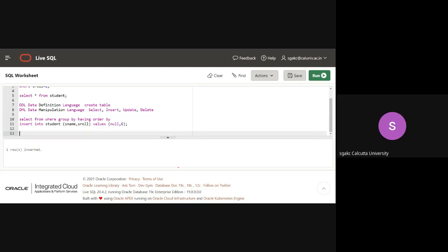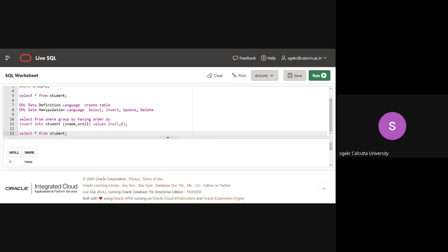So now let's also look at the table once, because we have added a lot of things. Select this and run. Okay. So you see that we have inserted a lot of records now. So this one doesn't have a name. Do you see that? So later on, you will see that there are some constraints like primary key, foreign key, and stuff like that. Null constraint, not null constraint. Today we will not go into those details. So I hope you have understood how we insert.